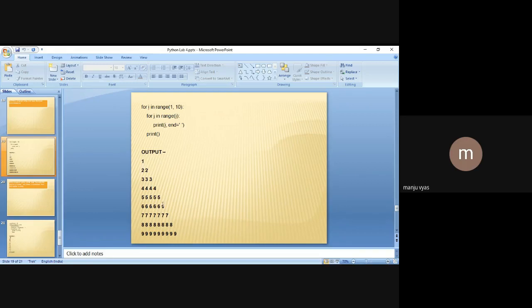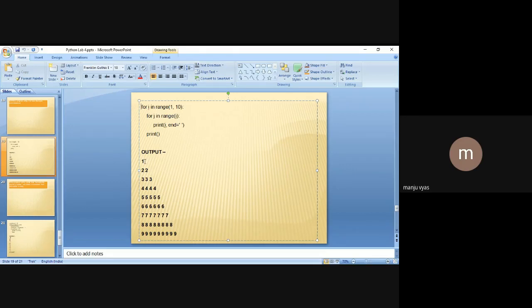Here you have to simply print this particular pattern of values. The first loop will be for rows, and the second will be for columns. The value of i goes from 1 to 10, and then j is in range of i, which means it will move like this, right?